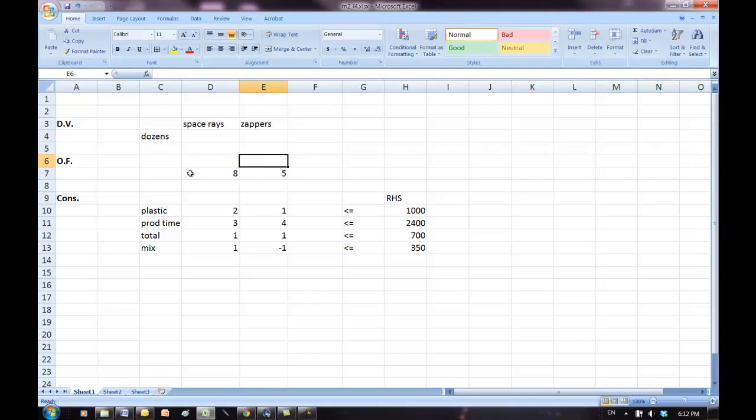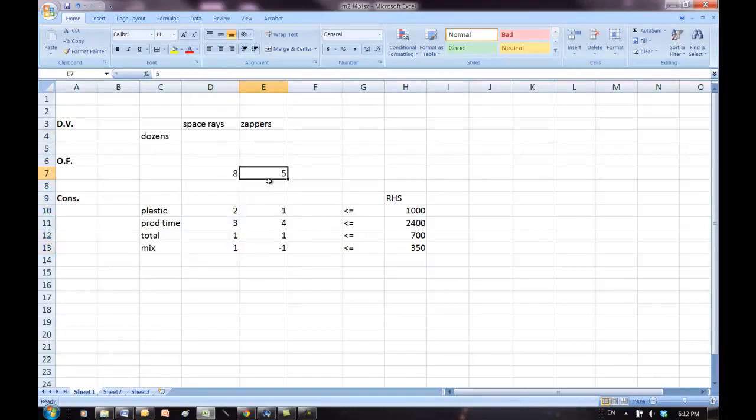And then we simply transfer all the coefficients in our final formulation and put them in the corresponding columns